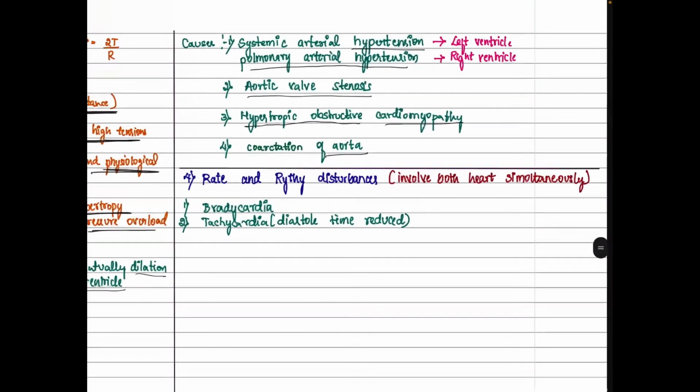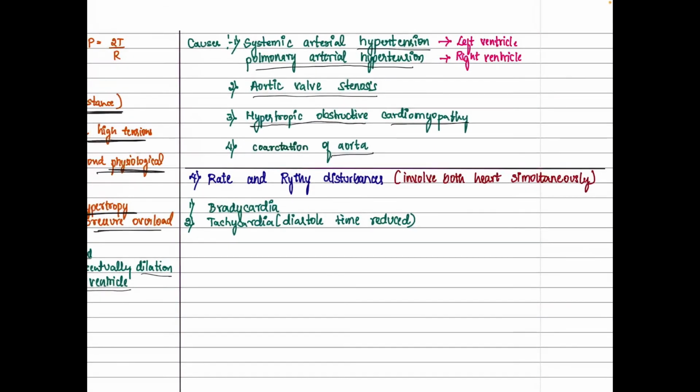Now let's see other causes of low output cardiac failure. When there are rate and rhythm disturbances, this is mainly for the left heart. When there is bradycardia, that is decreased heart rate, there will be fewer heartbeats per minute. This leads to less cardiac output reaching the body tissues, and this leads to low cardiac